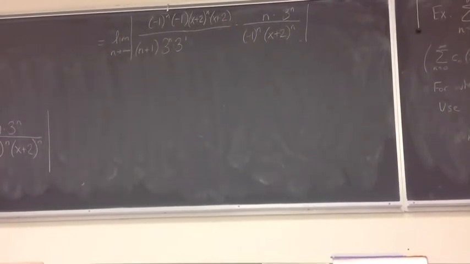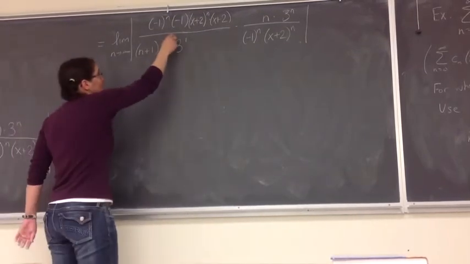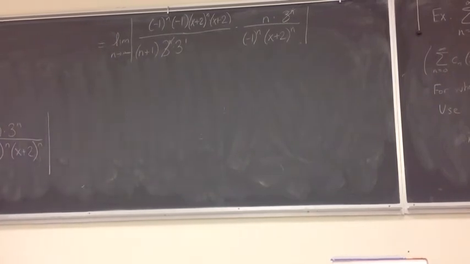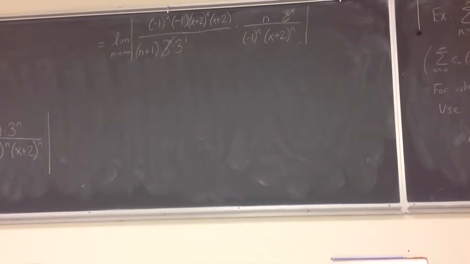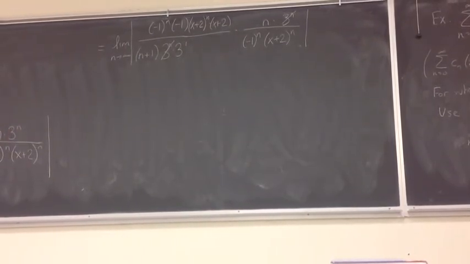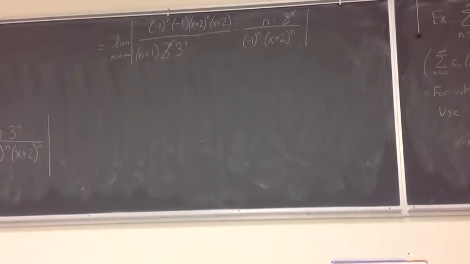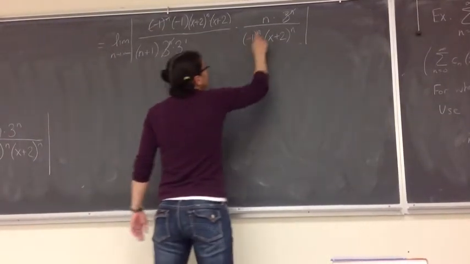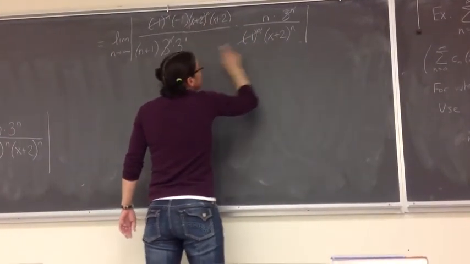So now that we've rewritten that, some really nice things happen, and Mike mentioned this, that we really don't need to rewrite 3 to the n plus 1 as 3 to the n times 3 to the first. We can look at these two and say, hey look, there's n plus 1 of these 3's on the bottom and n of them on the top, so that leaves us with one of the 3's on the bottom. So this middle step, maybe we need to write it out or maybe we don't, that's totally your preference. Some other things that cancel, negative 1 to the n, x plus 2 to the n,